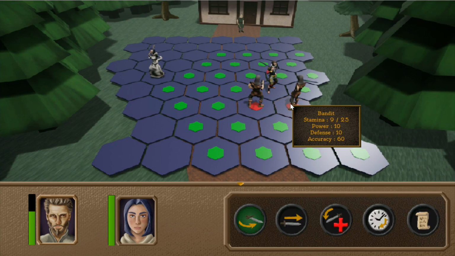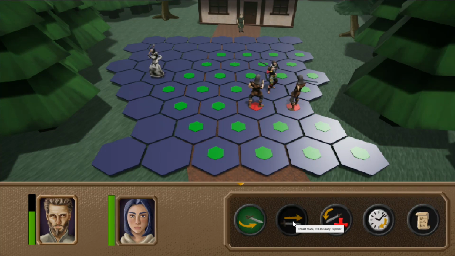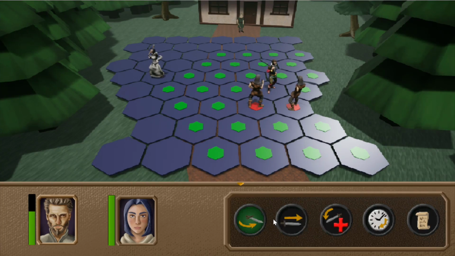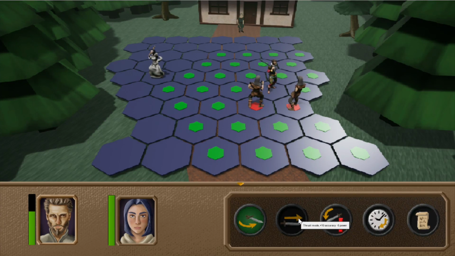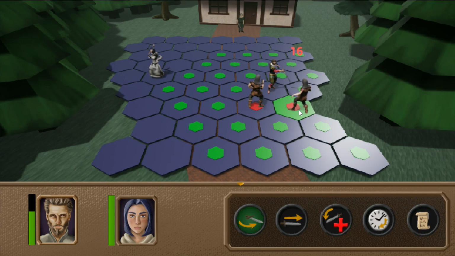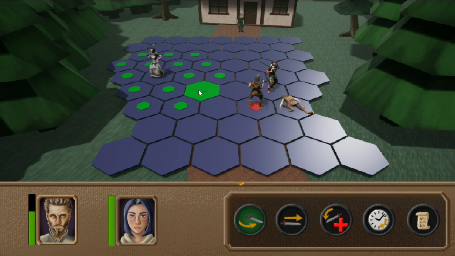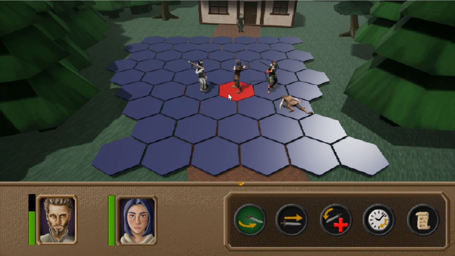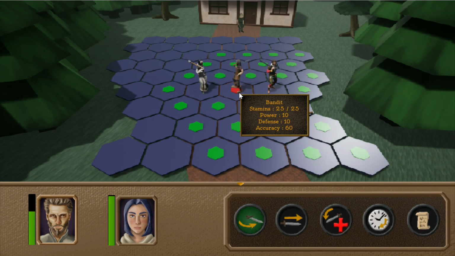And it looks like you have different types of strikes. So you have like a jab or like a swipe. Yeah, there's a swing mode. I don't know if you can read that 'cause it's pretty small. And there's a thrust mode, which gives more accuracy but less power. And then there's a hack mode, which gives less accuracy and more power. I realized the default one was good for the initial bandits, but for the boss, I was required to